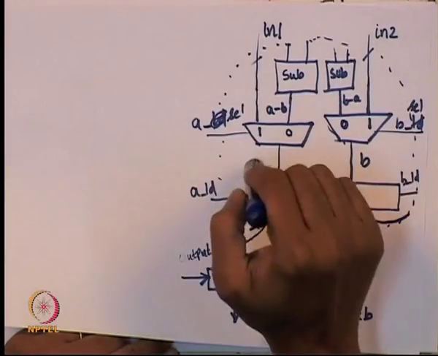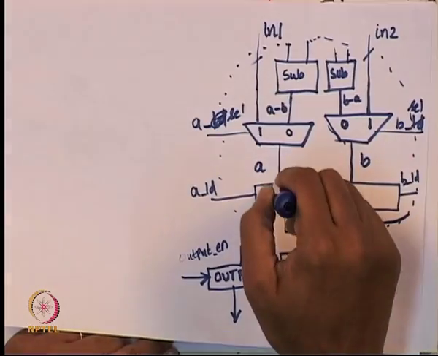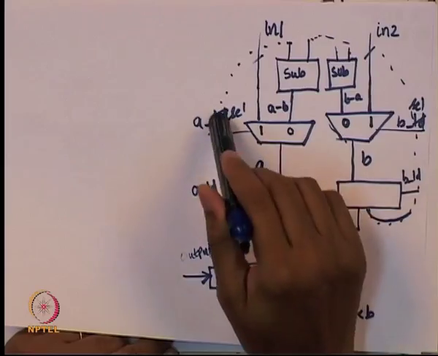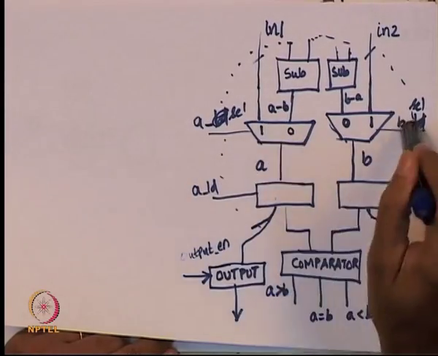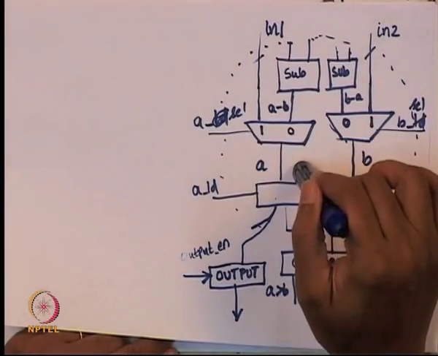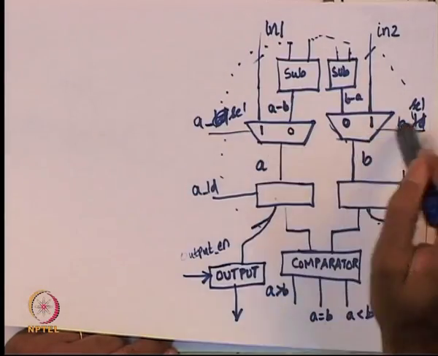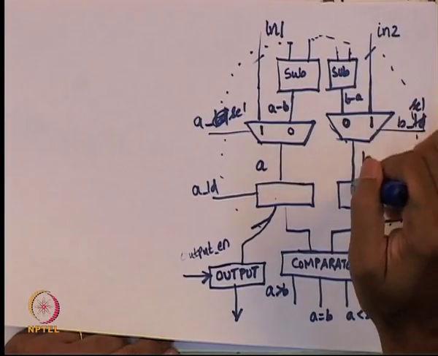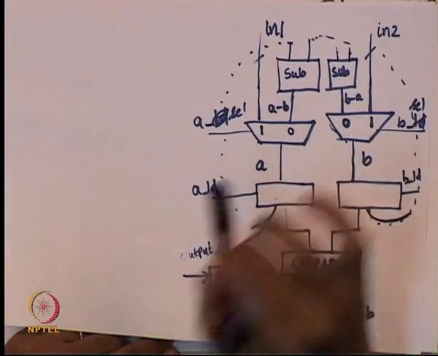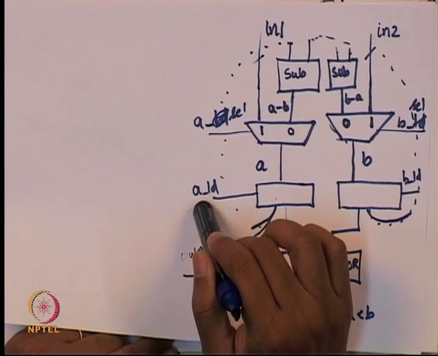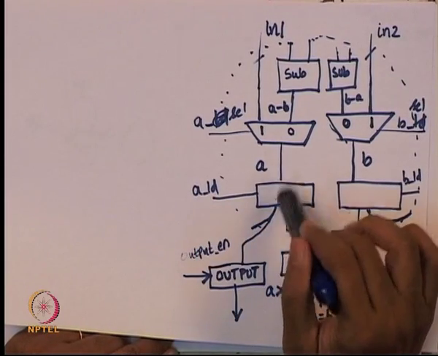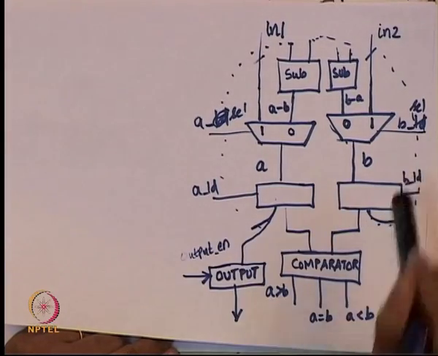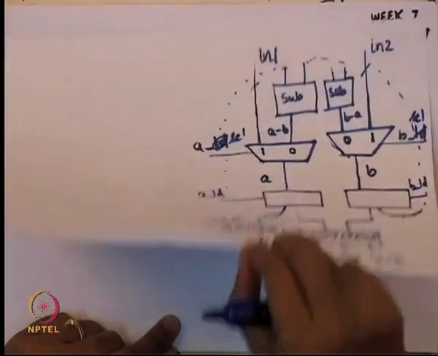All of them should be 1, so that in1 gets copied into this register and in2 gets copied into this register. So, this A select and B select sets up these multiplexers to select the appropriate input. If these are 1, input 1 will appear as input to the A register, input 2 will appear as input to the B register, but that is not enough. Unless you have A load equal to 1, the output of A will not copy the input of A register. So, we also need A load and B load to be 1, so that we can do the copy.